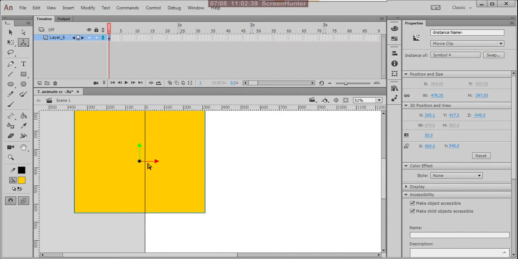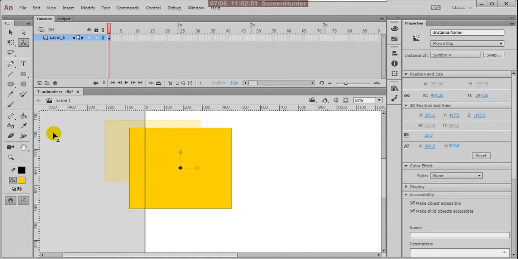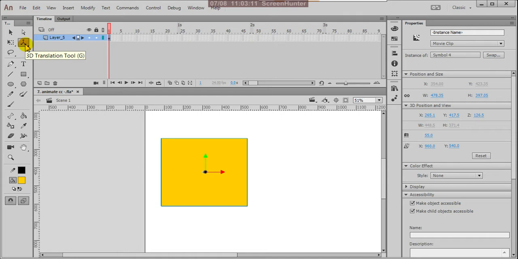Just observe me. Fantastic. Or otherwise you can make it smaller, with a left click on it and giving pressure to the left. And suppose this is X and this is Y. So you can place your object in that particular environment with this 3D translation tool. You can translate your objects.